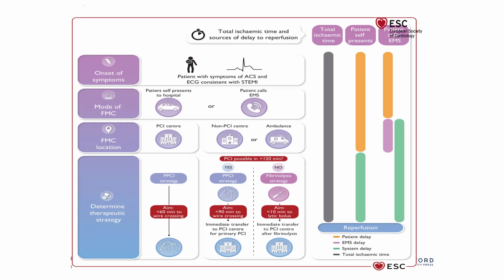Now, what do you do? If the patient is reporting to a facility that can do PCI, your pathway for this patient will be to revascularize with a primary PCI, because that is what your facility has been resourced to do and it is a primary PCI center. So that is the pathway you take.